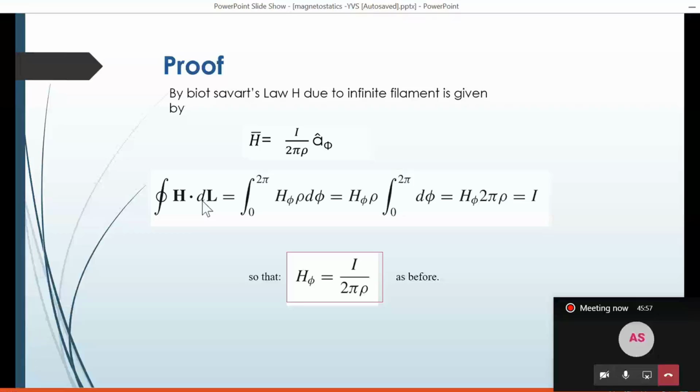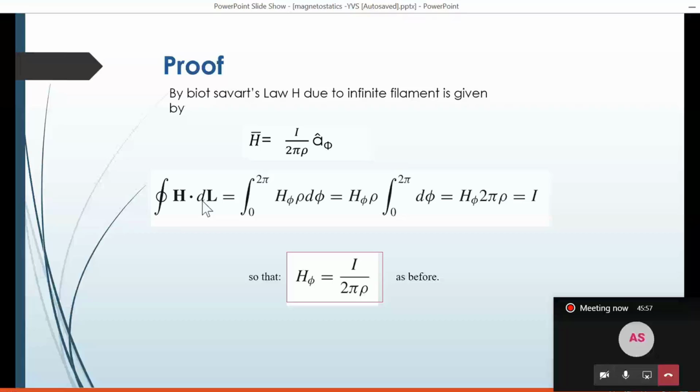So that is the distance between the point where you want to find the intensity, the point P, and this Z axis, because filament is present on Z axis. So this distance is nothing but the radius. So r and radius ला आपण इथं rho असं notation वापरले. So I upon 2 pi rho into A phi cap. This equation we already know. So this is first equation.